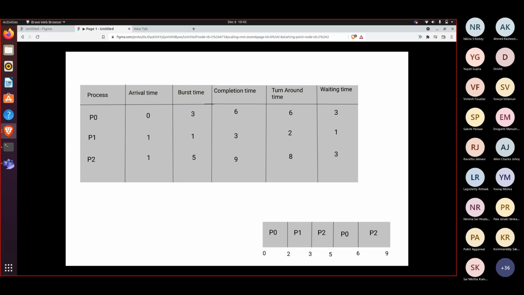The best part about round robin is that it has a very good response time. Every process is assigned the CPU after a certain time quantum, according to the number of processes in the ready queue, so every process gets a response. One more thing is that the time quantum has to be carefully chosen, because if the time quantum is very low, then context switching happens very regularly, and if the time quantum is larger, then it becomes the first come first serve algorithm. That's it.